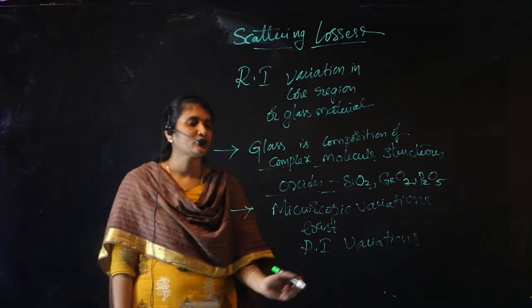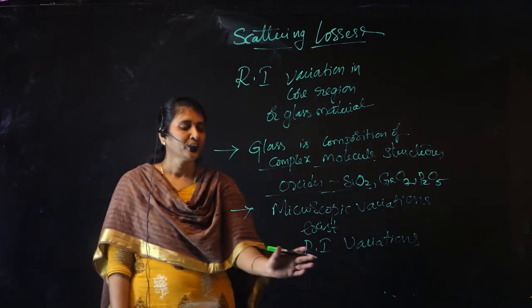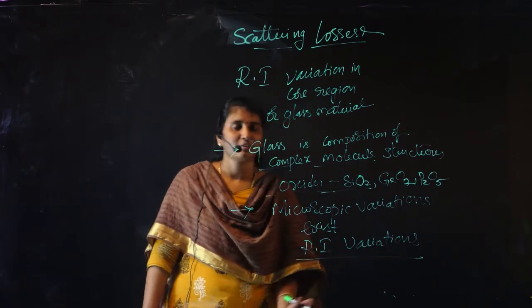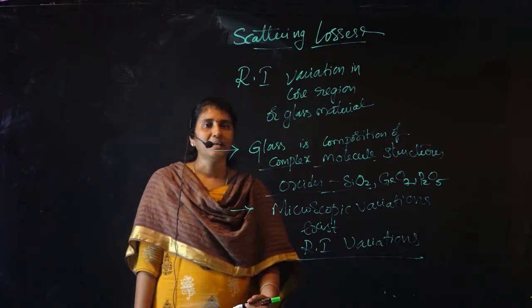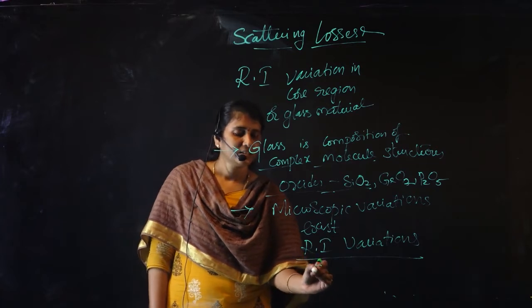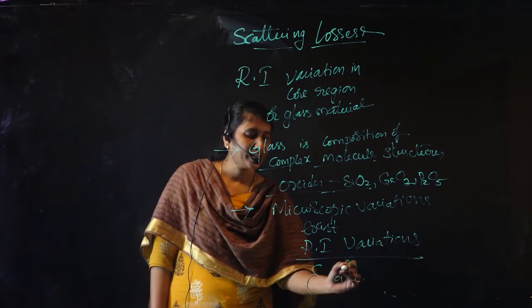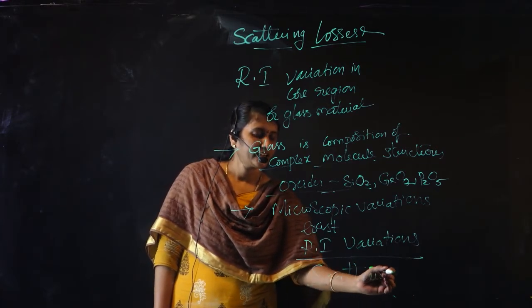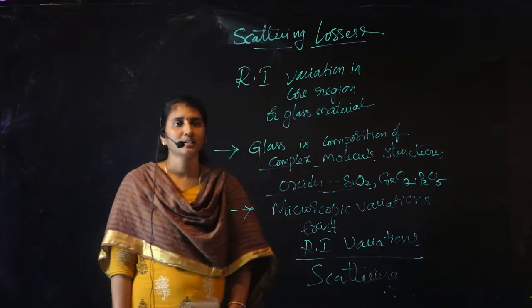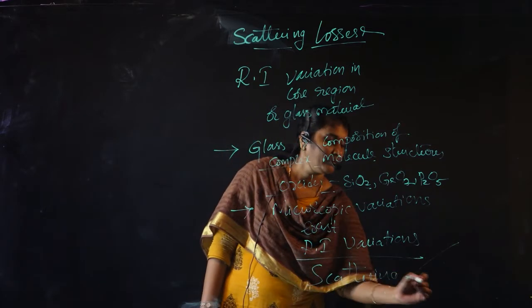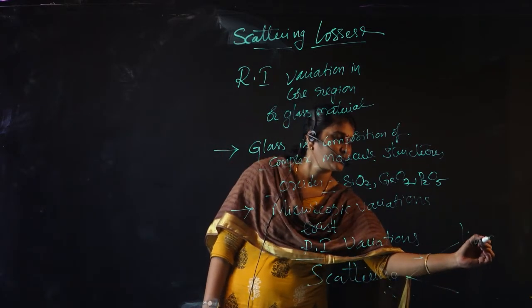Whenever the light traveling in the optical fiber encounters this refractive index variation, immediately it starts getting scattered. The light path will get scattered, and this scattering phenomenon can be a linear scattering or